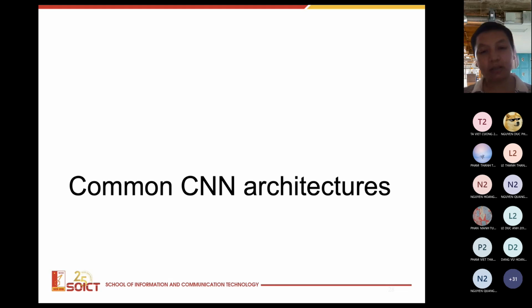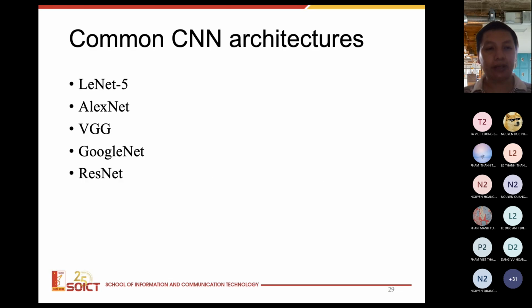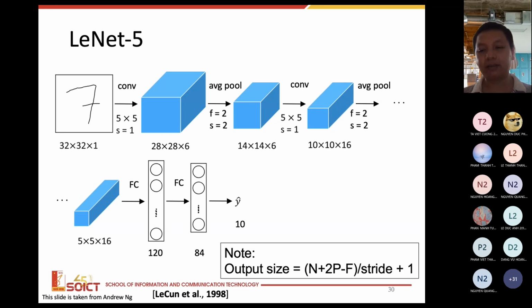Okay, so we can continue by discussing common CNN architectures. We will address LeNet-5, AlexNet, VGG, GoogLeNet, and ResNet in this discussion. Okay, so first about LeNet. It was actually the network proposed by Yann LeCun in 1998 for the classification of